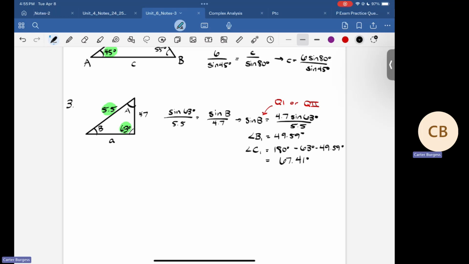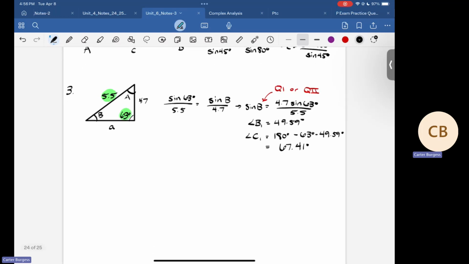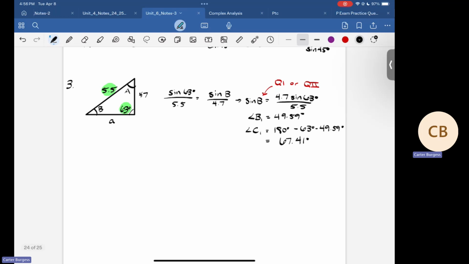It's about 130 plus 50. Yeah, perfect. 67.41 degrees. And looking for, in this case, that missing side length of A. Sorry, I called this C. This is not C. This is our missing A here, A1 being equal to this. And so our missing side length A, we can find by doing A over sine of 67.41 degrees being equal